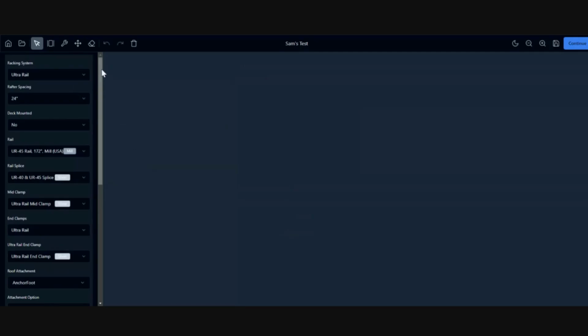After it's done loading, you'll see your main toolbar up here. We're going to go over this real quick. So you have your home button. This will take you back to a home page if you have created an account on our Blueprint service. This is where you'll be able to go back and view any past projects that you have designed on SnapNrack's